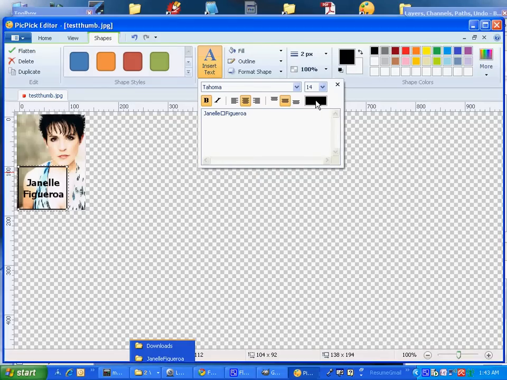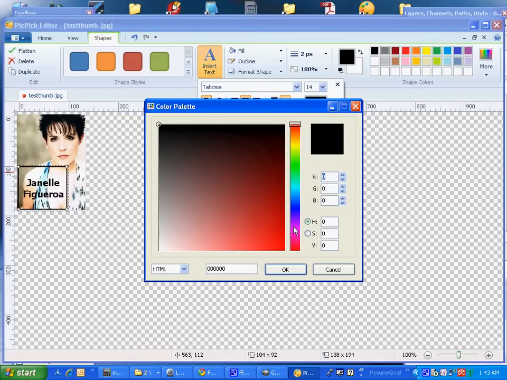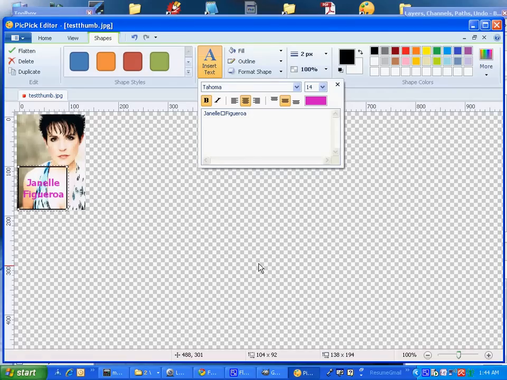And now I just want to see why I can't get the pink that I want. Ah, there's the pink. Now we've got the pink. I thought somehow I would get a white background. I can resize this and I can move it around. But this seems to be transparent. They're always coming out with updates to this particular program. Well, let's go with the transparent, and we'll close this